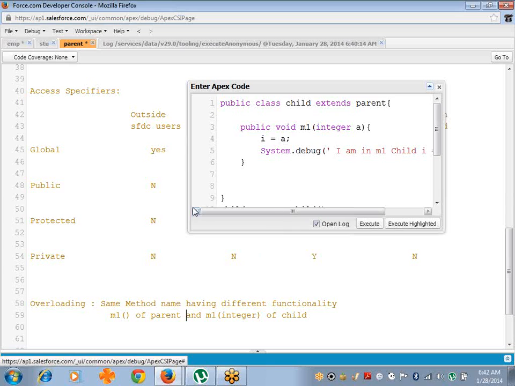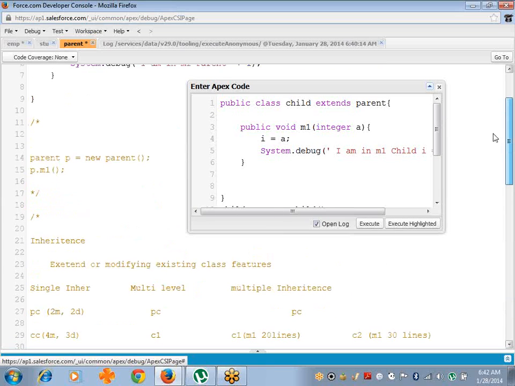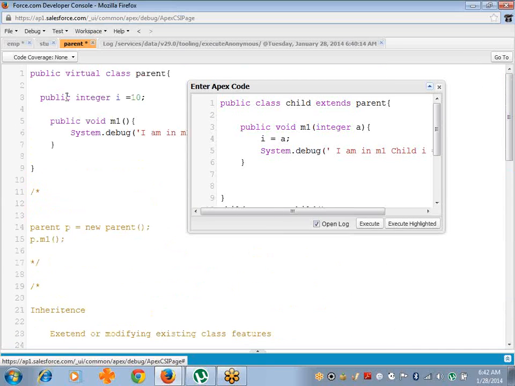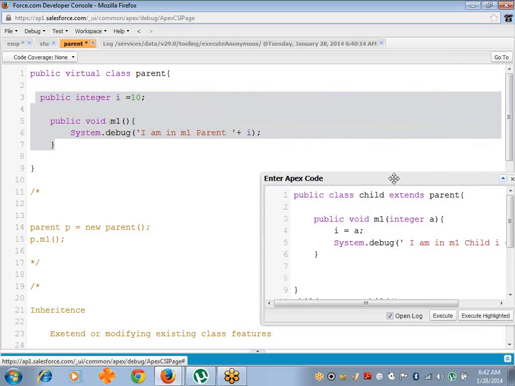Encapsulation means we are binding the data and methods. That's all. Binding the data and methods is called encapsulation. Data is there, method is there. So encapsulation is a concept where this method can process this data. This data can be processed only by this method. That's called